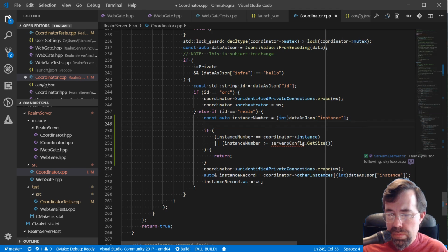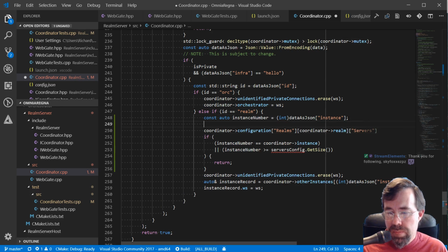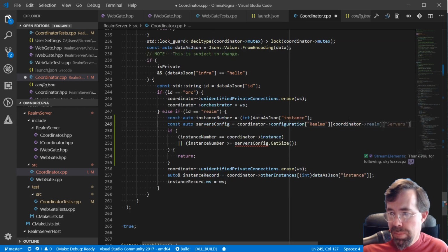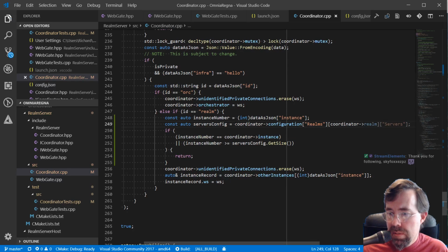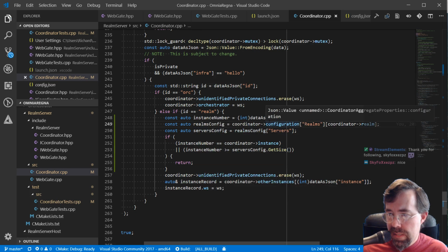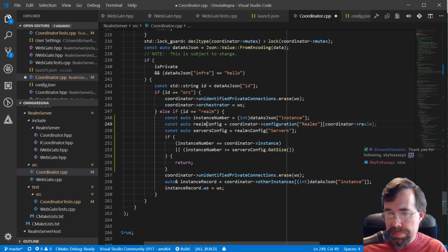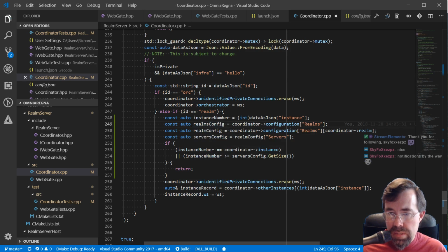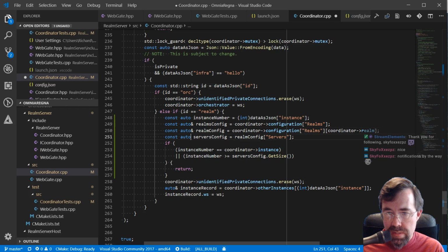So, let's do it one step at a time. So this is servers config, right? So let's just make it easier to read. I will just break it up even more and call this realms config. I can go one step further, I guess. And this is the realm config. One step further would be all realms. And I should probably just be smart about this and use a reference, because I don't need to